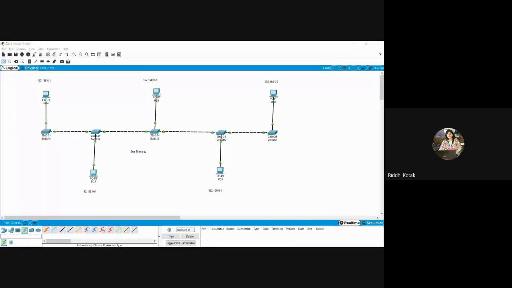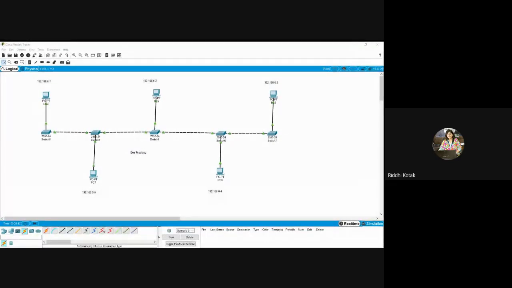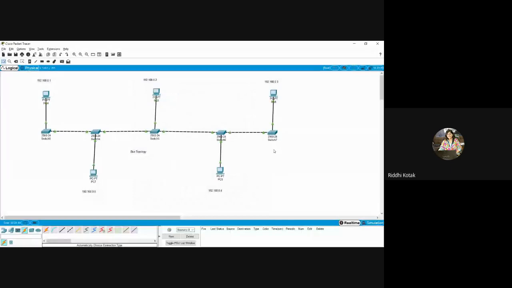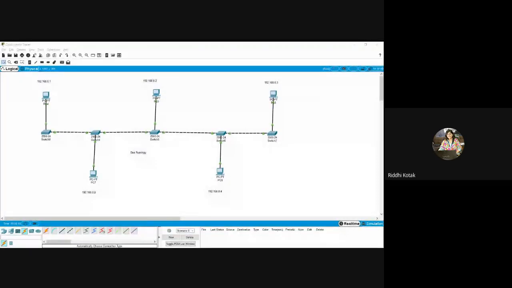So complete this process. And if you observe that once you are providing the IP address to all the PC, every connection will convert into green. That means the configuration, whatever you have done, it is done properly.